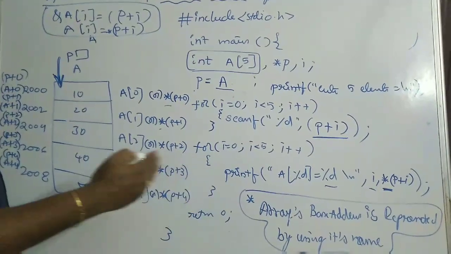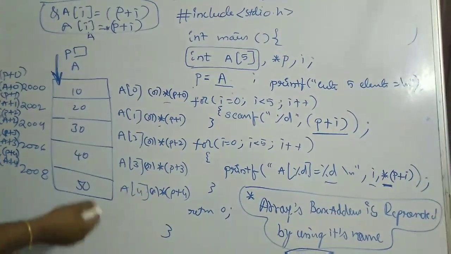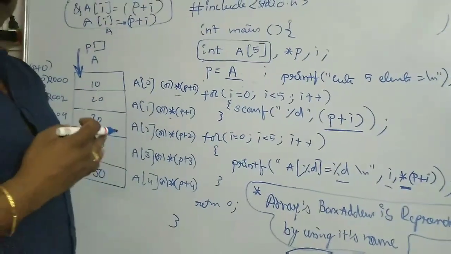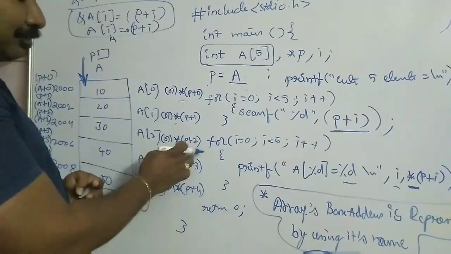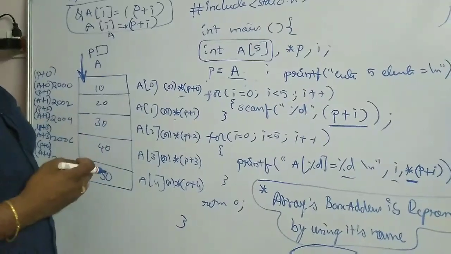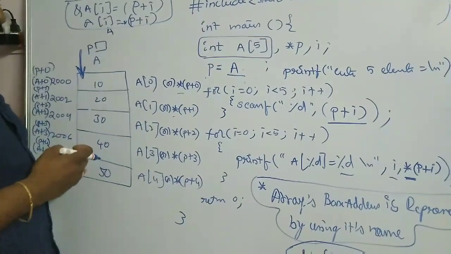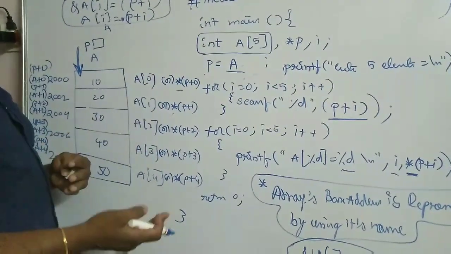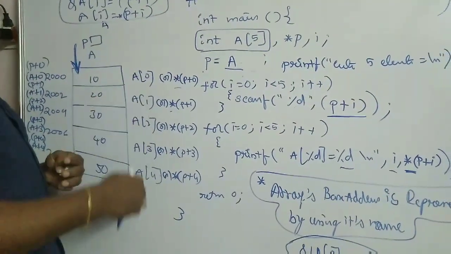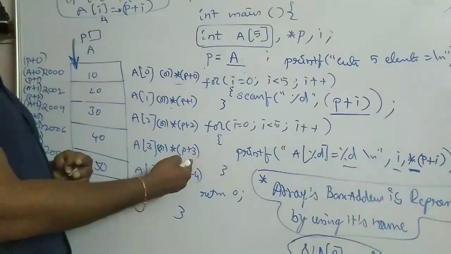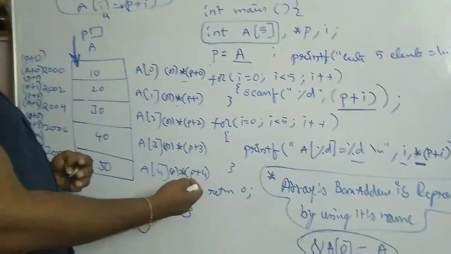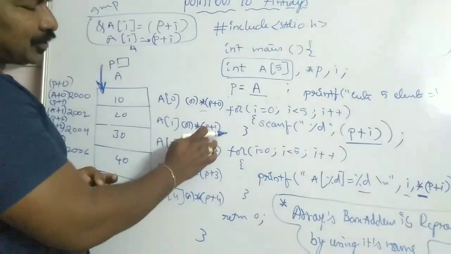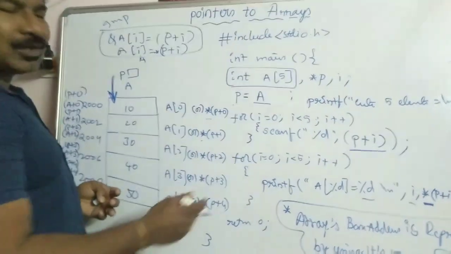That means P plus 1 means you are trying to access a value from the current position of P to the next element. If I say P plus 2, if P is at first element or the base element, P plus 2 means you are accessing the second element from the P location. That means index 2. So this is a third element from the current location. This is a fourth element from the current location. So remember, friends, P plus 0, P plus 1, P plus 2 means actually you are accessing the elements.